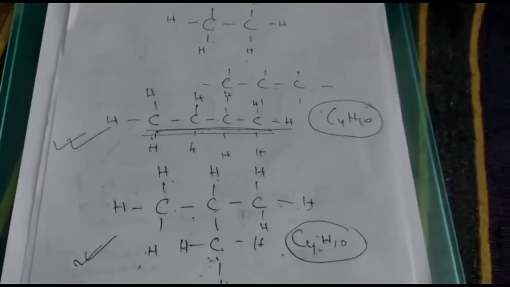Okay. When we discuss nomenclature, it will be better for you to understand what isomerism is. For now, only remember, if the molecular formula is the same but the structure is different, then this type of property of carbon is known as isomerism. So till now we have discussed 4 properties of carbon.